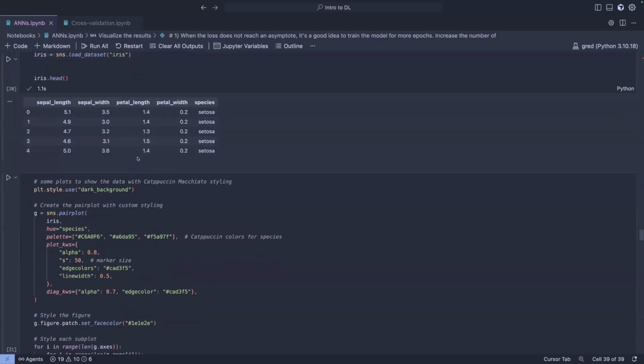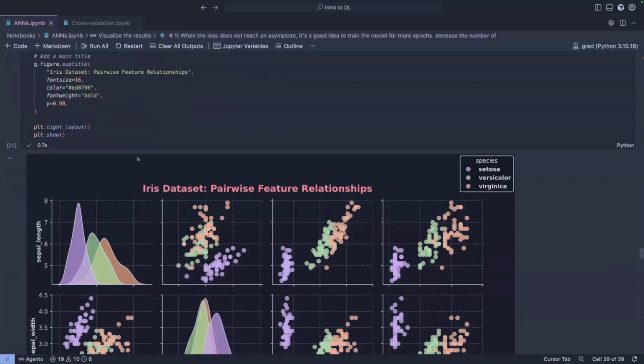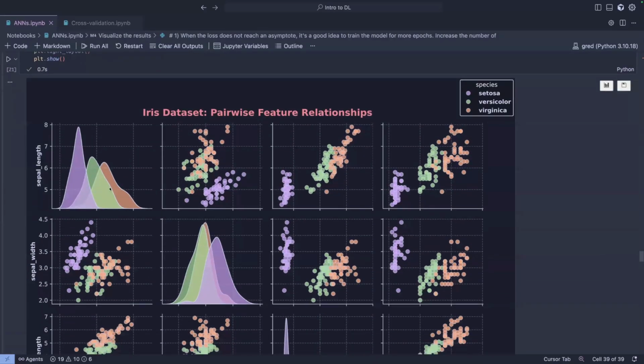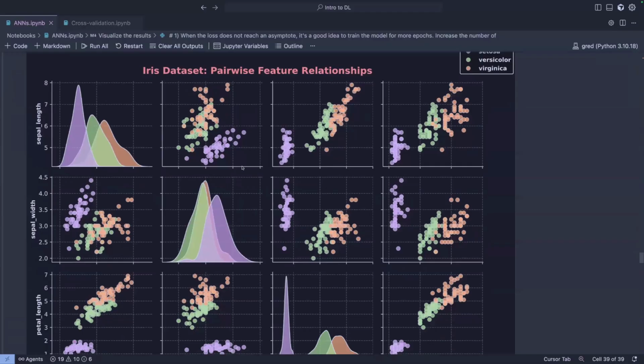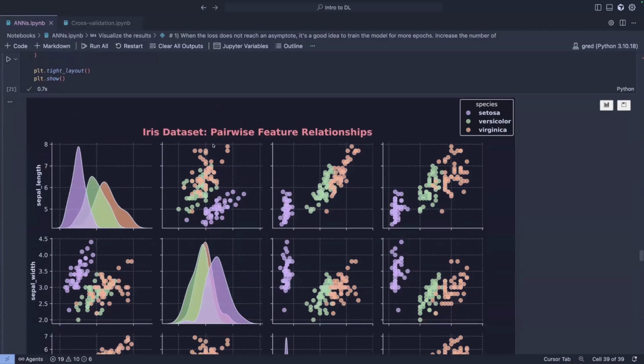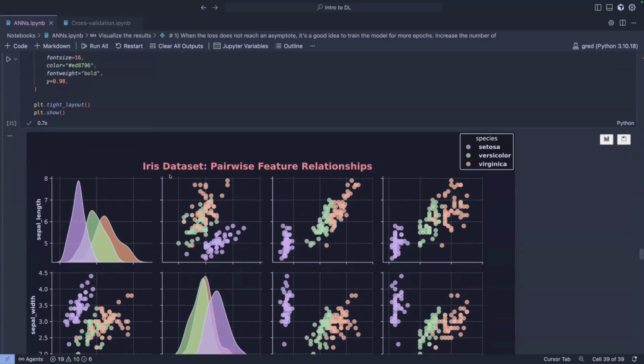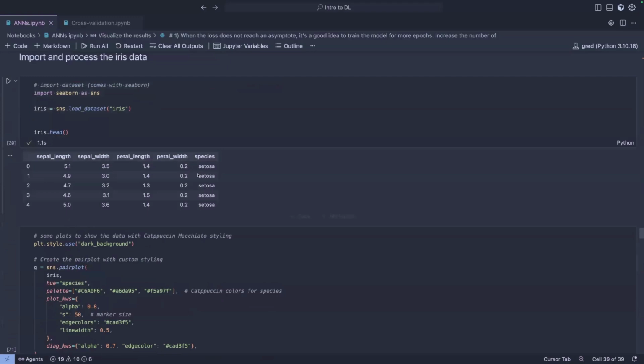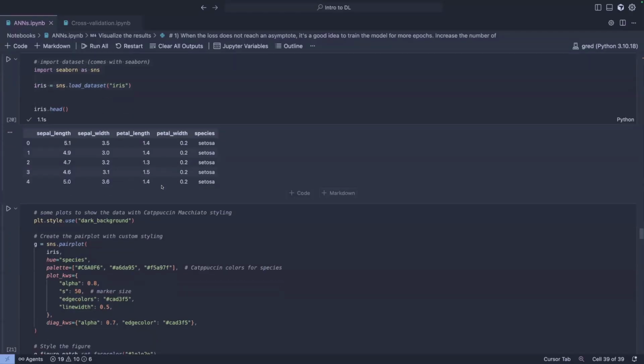And then basically what I'm showing you here is how these features correlate or overlap with one another. One step back, the goal here is to use these features. If I give you the sepal length, width, and the petal length and width of a certain flower, can you classify the species of that flower given these features?